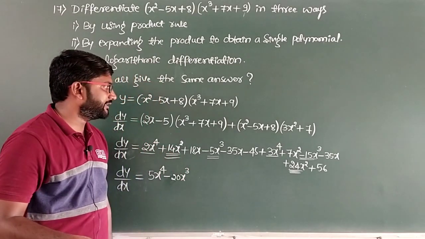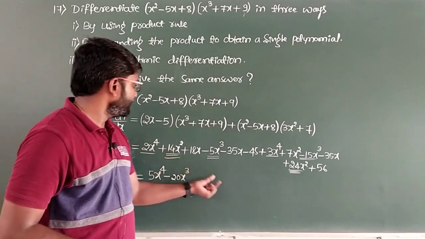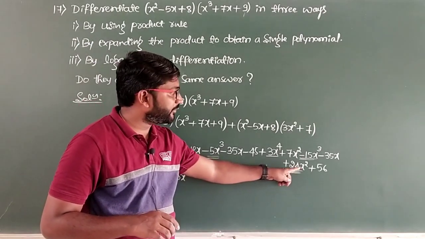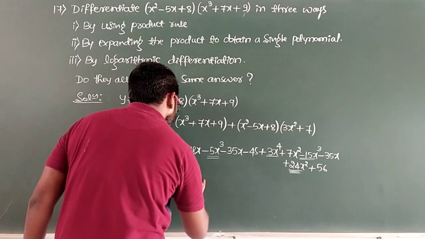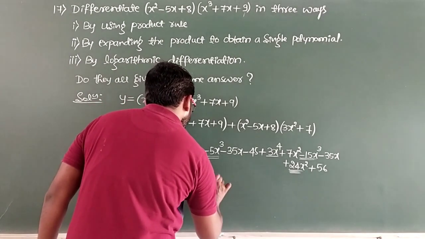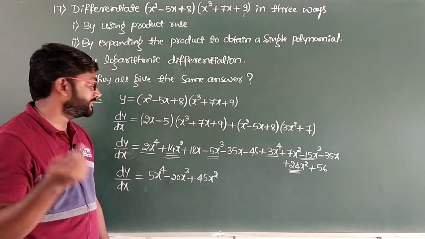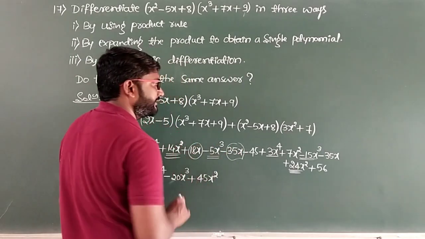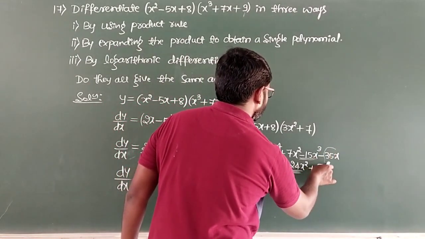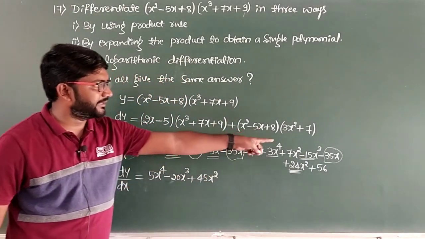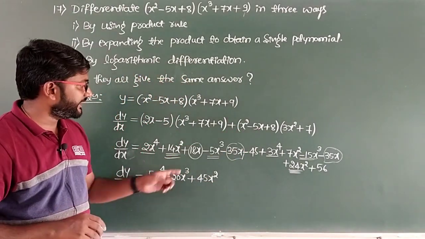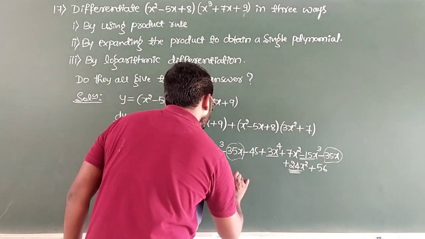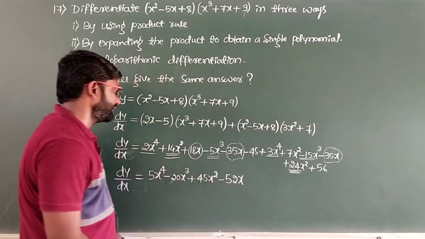Now look for the x square term here. 14x square plus 7x square will be 21x square, and here you have another term 24x square, will be overall 45x square. Now we will have to look for x term. So here it is x, and here it is one more term, and then here you have the other one. So minus 35x minus 35x will be minus 70x, and here you have 18x. Overall we get minus 52x. And search for the constant term.